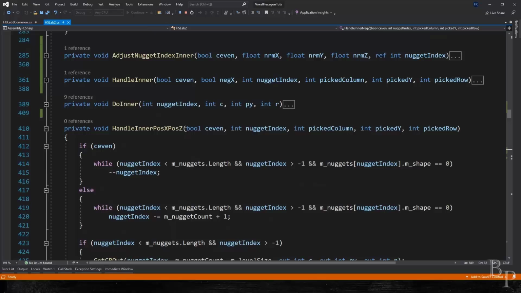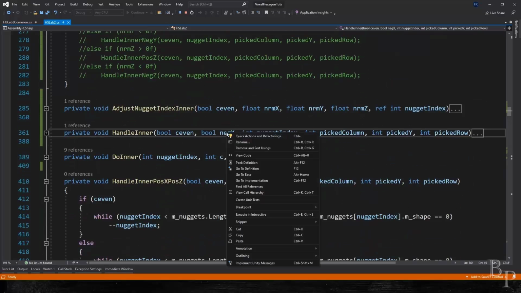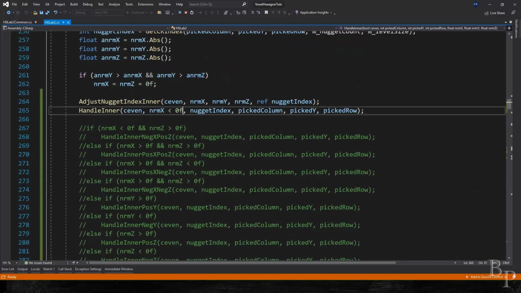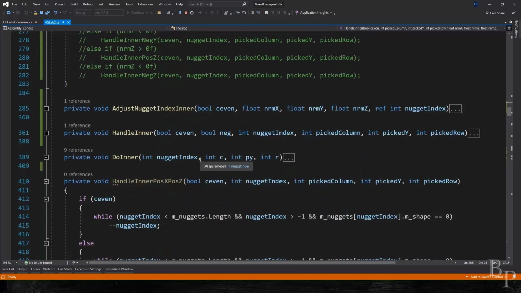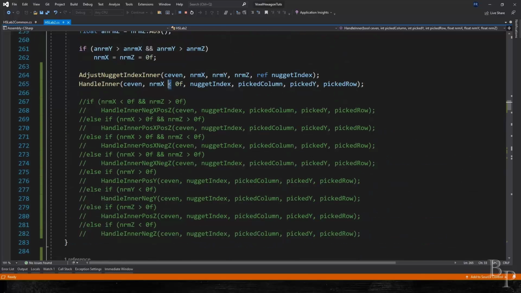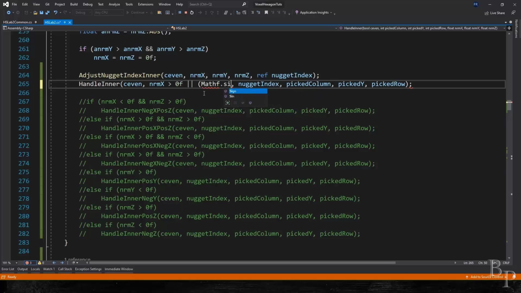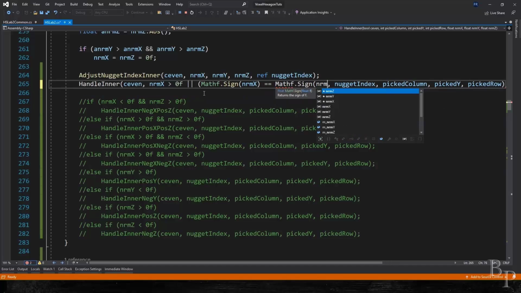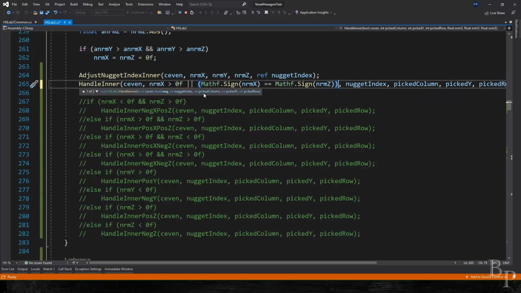Okay, so we will rename this simply neg. The norm X is greater than 0, or the Mathf.Sign of norm X is equal to the Mathf.Sign of norm Z. If either one of those things are true,